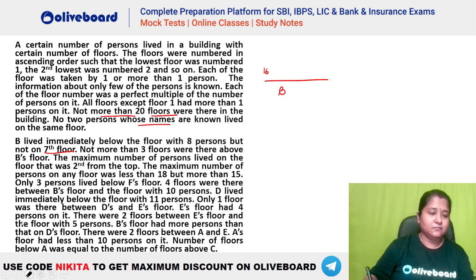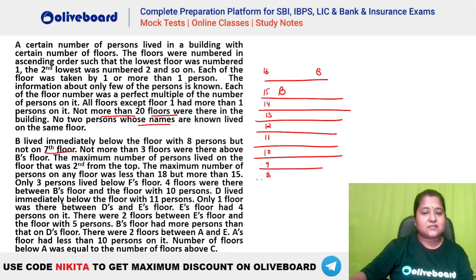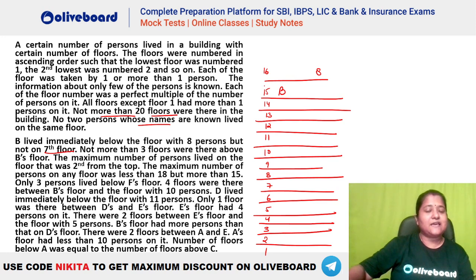So that means B has to be on the 15th floor in here, okay? And this has 8 persons in here. So if B is 15, that means we have a 14 here, then we have a 13, then we have a 12, right? Because it is in ascending order, so these should be there, right? 11, 10, 9, then we have 8, then 7, 6, 5, 4, 3, 2, and 1. Okay, so you can see we have numbers till 16 here,